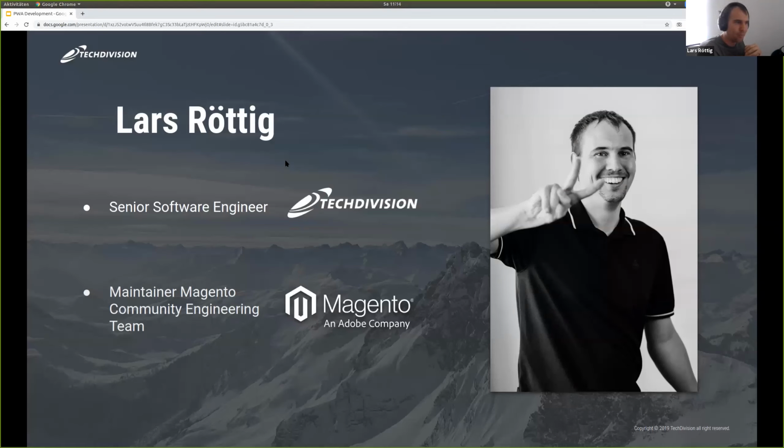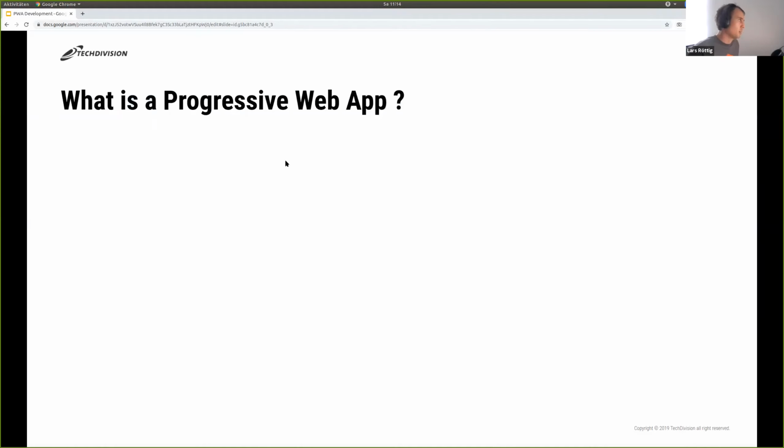And maybe one thing about Tech Division, we are based in south of Germany, really close to the Alps and wonderful nature. And we are doing mostly big e-commerce projects based on Magento, or our main area is doing Magento projects. And yeah, so before we start, I think we should make a short alignment because